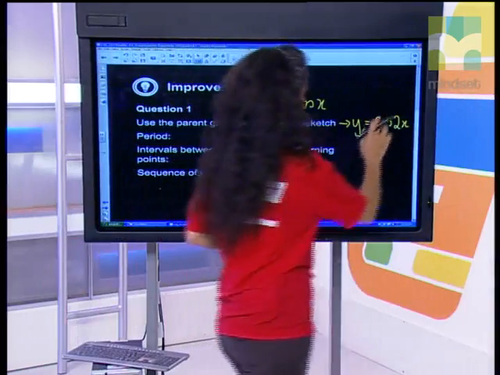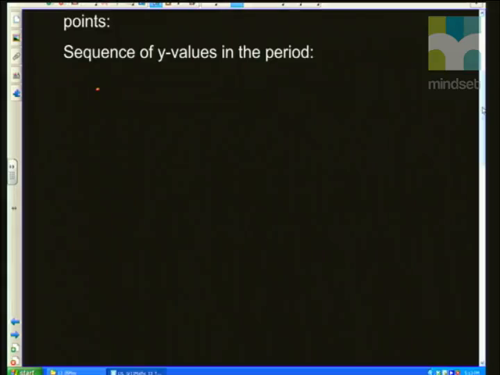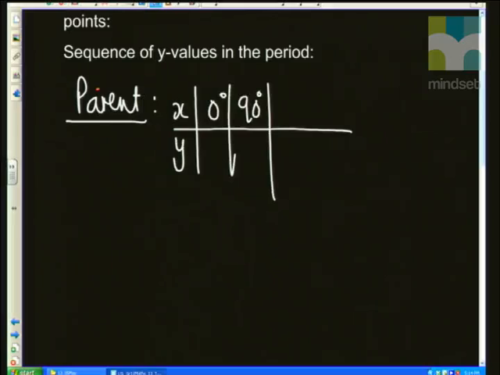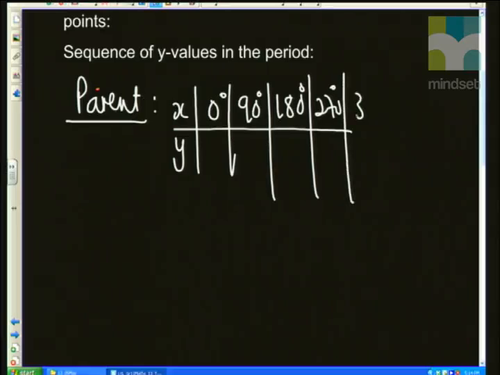So let's firstly look at the parent graph. Okay, and we do that for every single one so we understand how the transformation is going to work. If we have 0 degrees, what happens? If we have 90 degrees, what happens? If we have 180 degrees, what happens to the parent graph? 270 and 360. Okay, cos of 0 degrees is always 1, that's where its maximum is. At 90 degrees we have a 0, at 180 we have a minimum, 270 we have a 0, and at 360 we've got a maximum. So for the cos function we have two zeros, a period of 360,